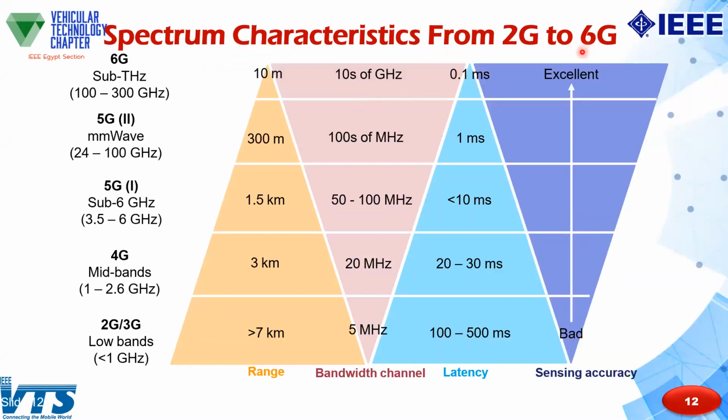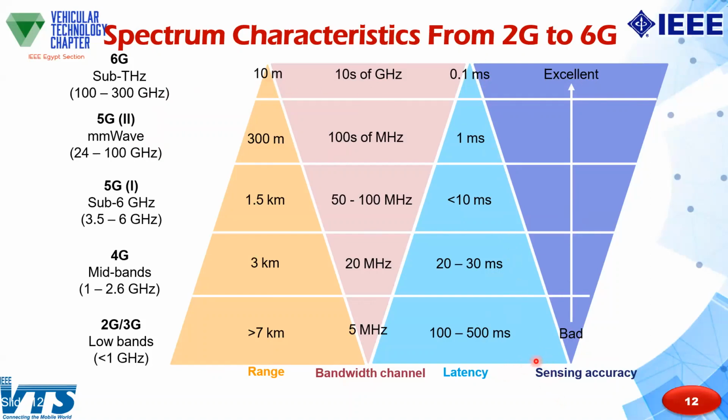Spectrum characteristics from 2G up to 6G. This is written in range, and as you see here: latency, bandwidth, sensing accuracy. In the case of sub-terahertz, the sensing accuracy, which is one of the main features of 6G, will be very sensitive, so you can predict your location, you can predict your customer, you can improve your latency to 0.1 millisecond,